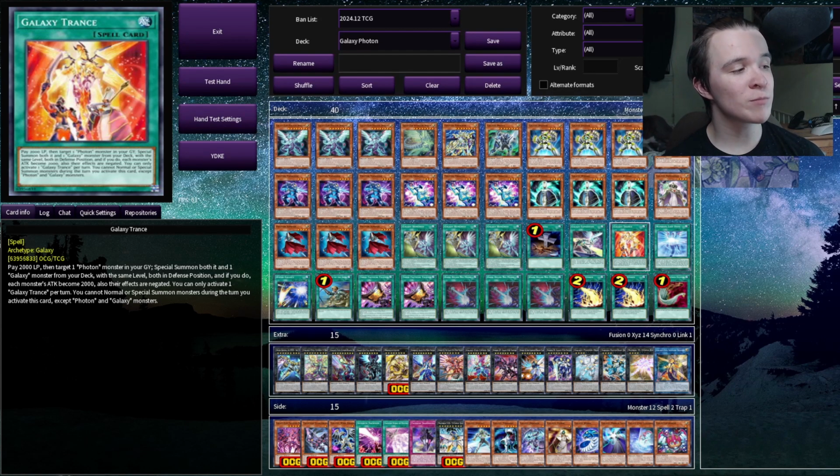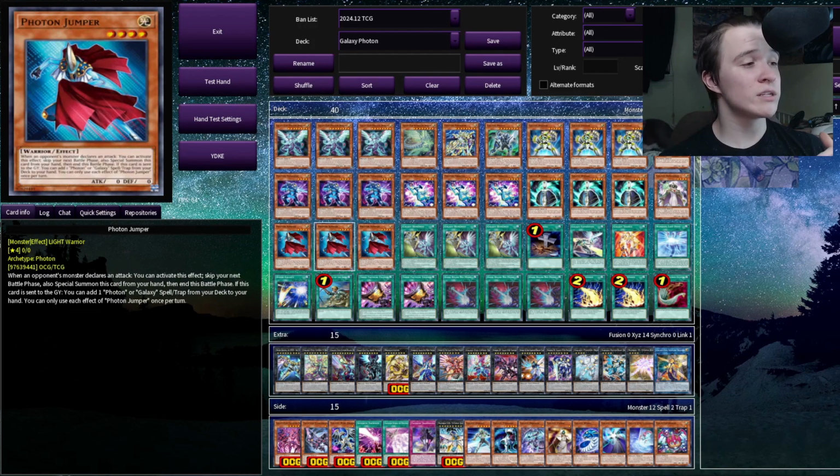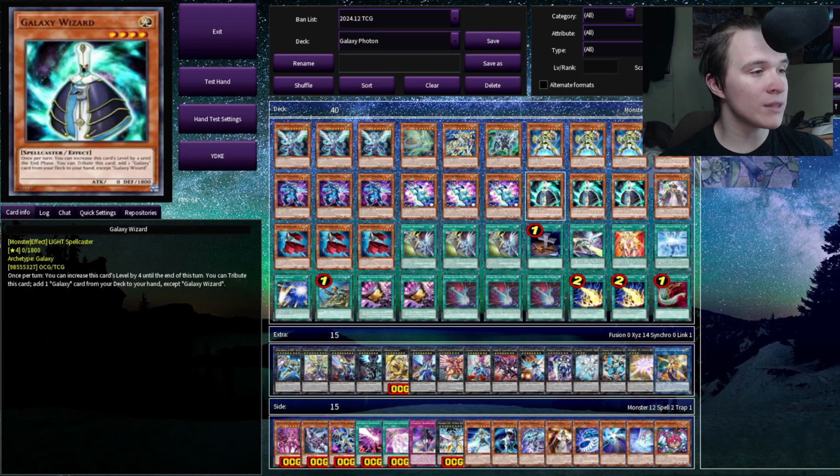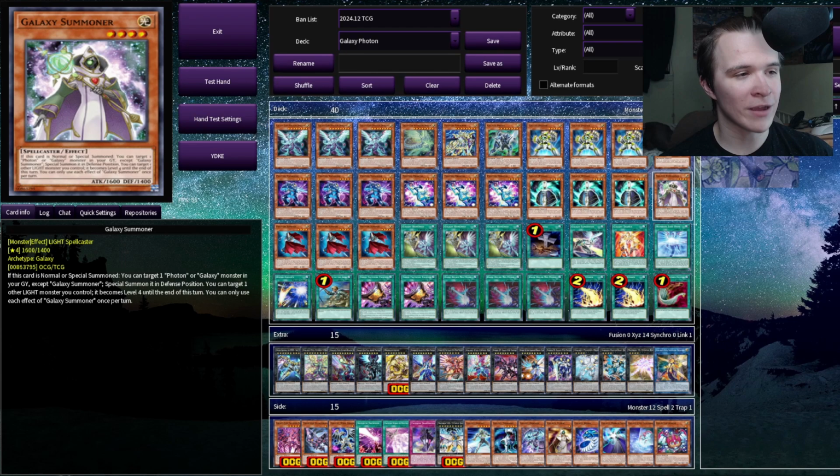You can only activate one of these per turn, and you can only summon Photon and Galaxies the turn that you activate this card. Not really a huge deal there. This card is easily the best card to search off of Photon Jumper, essentially, because you're going to dump Jumper off something like 100 or Foolish Burial. You're going to trigger that to grab Galaxy Trance, and then Trance summons Photon Jumper, and then either Galaxy Wizard or Galaxy Summoner, so you can add back usually from graveyard later,